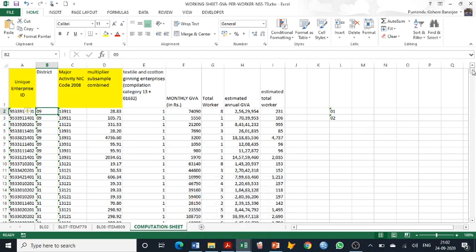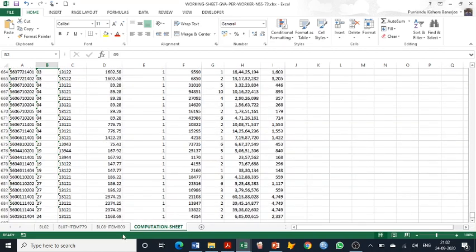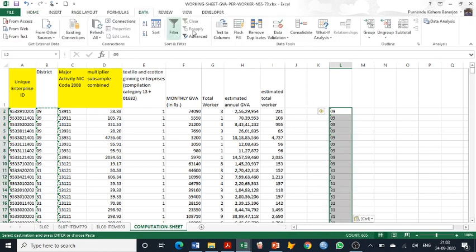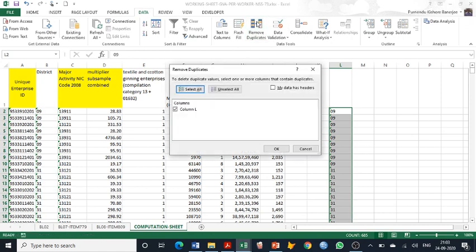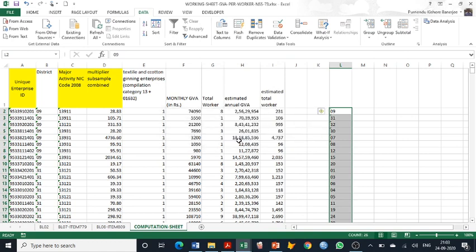One easy method is to take everything from top to bottom, Control C, use F, go on top, paste the values, and then data, remove duplicates. So we have got 26 values, but they are not arranged.